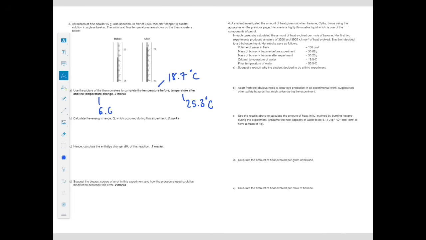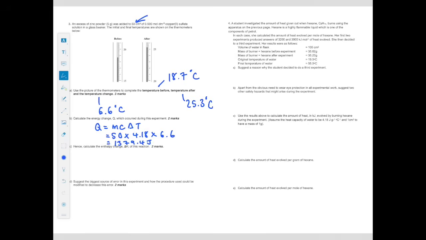Calculate the energy change Q which occurred during this experiment. So remember, we're using Q equals mc delta T. The mass is the actual mass of the liquids which have been added, not the solid. So ignore the 5 grams. If you look here, it's 50 centimeters cubed, which is why the mass is 50. We're going to times our specific heat capacity, which is 4.18, and that's always true. And then times the temperature change, which I've just calculated, is 6.6. And once you pop that into your calculator, you get a value which is Q is